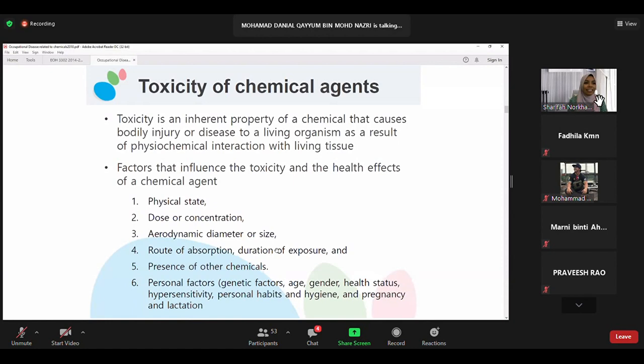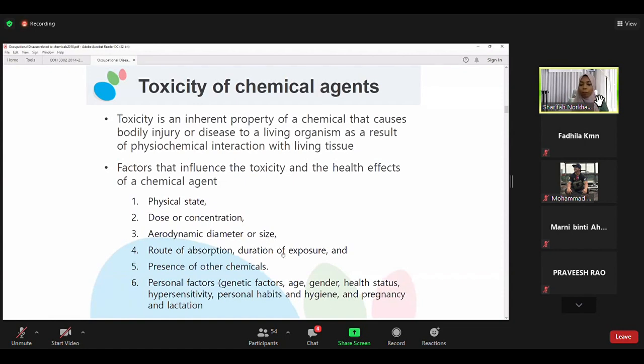It depends on the process. You can choose the least risk depending on the process. For some processes liquids are better, for some pellets are better. For example, if the process is a mixing process where you have to pour, then liquid is better compared to powder, because once you use powder, it will disperse and be inhaled by the workers. So we want to reduce the risk, so we choose the biggest diameter or size of the chemical, depending on the process.